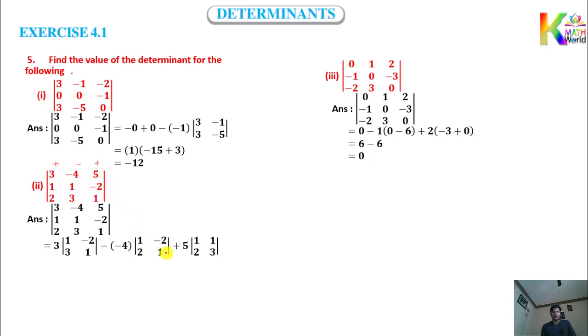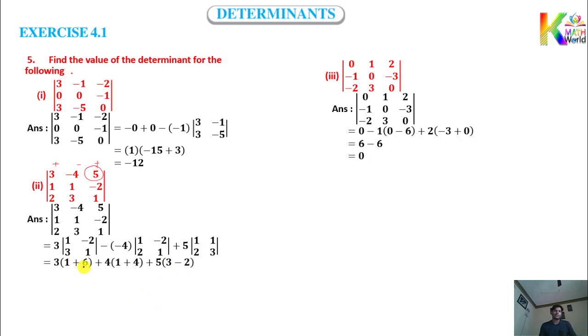Then with the last element you got plus sign, so plus 5. It lies in which row? It lies in the first row, so eliminate the first row and last column. So what is left? 1 1 2 3. That thing you can see here. Now easy calculation is there. So the product of this, 1 1s are 1, then minus 3 2s are minus 6, so minus plus 6. Then for the second one, with minus for the formula, the product of these two is minus 4, and you got minus in between, so minus plus 4. Same way 3, then minus 2.